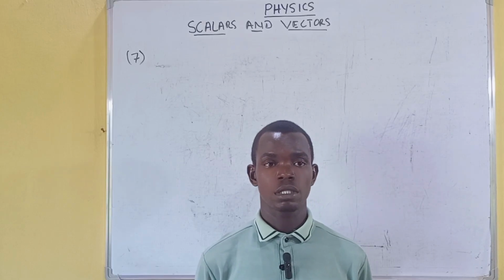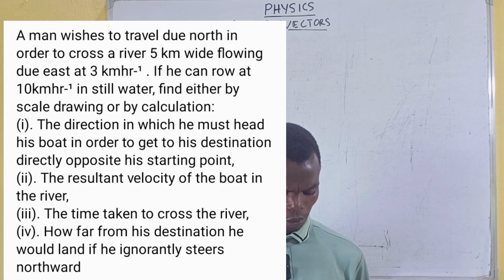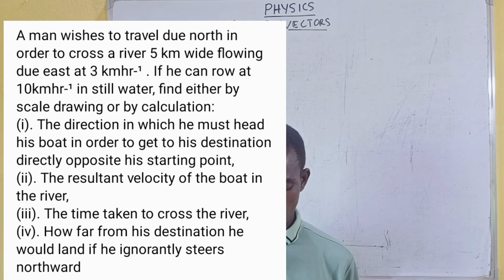Let's look at question 7 on vector quantity. A man wishes to travel due north in order to cross a river 5 km wide, flowing due east at 3 km per hour. If he can row at 10 km per hour in still water, find, either by scale drawing or by calculation: